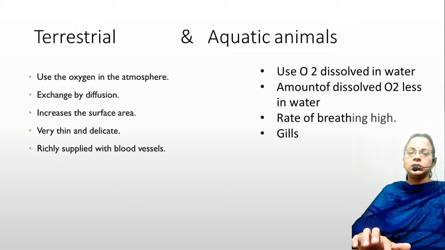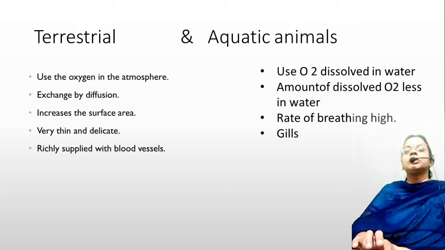In insects, that is flies, cockroaches, etc., it is the trachea. On the sides of the body there are minute openings which lead into tubular structures. So direct diffusion of oxygen takes place through this tracheal tube, and the exchange can take place directly. Here the source of oxygen is the atmosphere in terrestrial animals, and the exchange of gas takes place by diffusion, where the movement of air takes place from more to less.